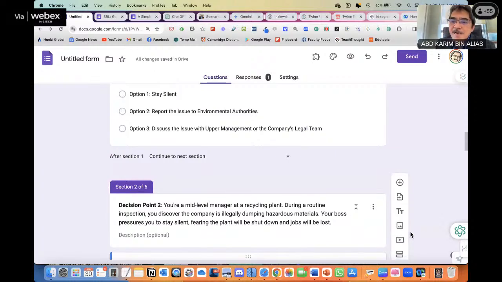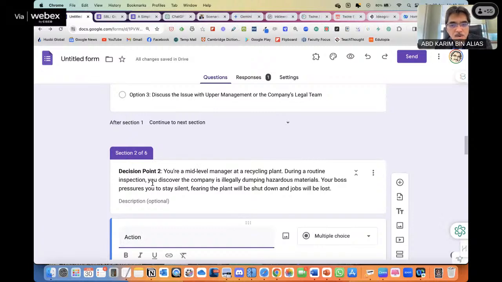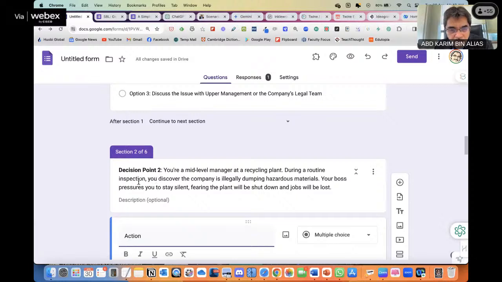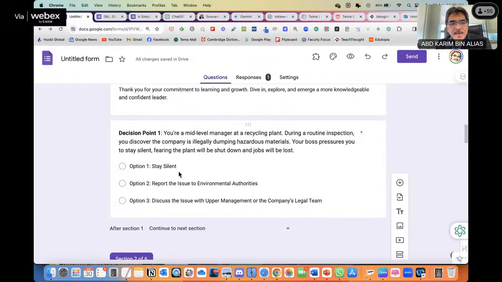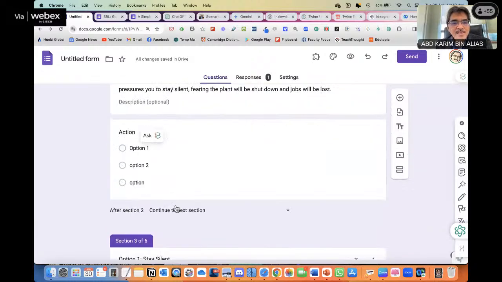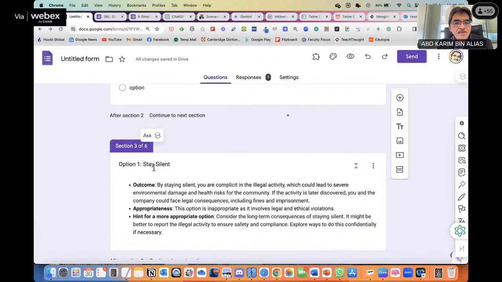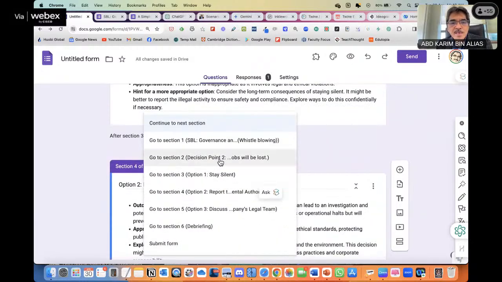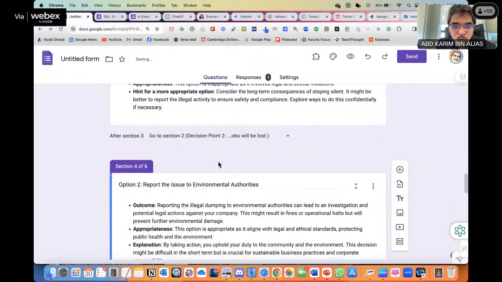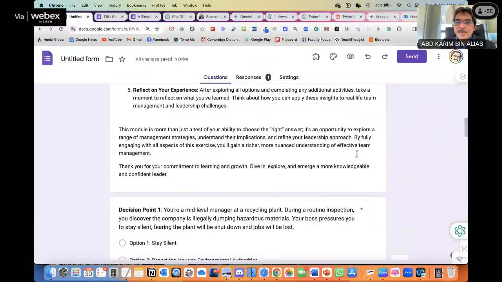Who asked just now? Multiple branch. Amiro asked: can a multiple branch scenario use Google Form, Prof? Yeah, I think it can. And this is how. So you can add a section, and let's say option 1 will lead to option 1 from just now. When it is done, it will lead to section decision point number 2. We change here. Instead of going back to the first screen, it goes to decision point number 2. Like that. So let's try.